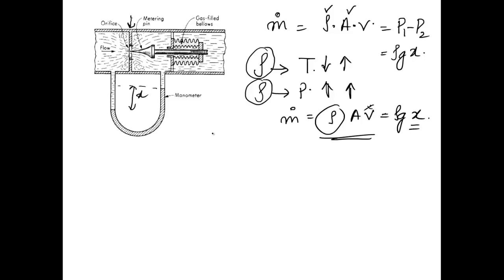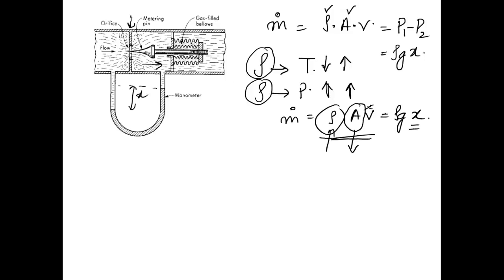So what we do is we try to use this type of arrangement where there's a metering pin. This pin tries to increase and decrease the area of cross section of this orifice meter. The moment it goes near to this, because of this hindrance, the total area decreases, and the moment it goes back, the total area of flow through the orifice increases. So actually we are trying to control the area of this orifice meter. Because of this control on the area of the orifice meter, we can compensate for the density.